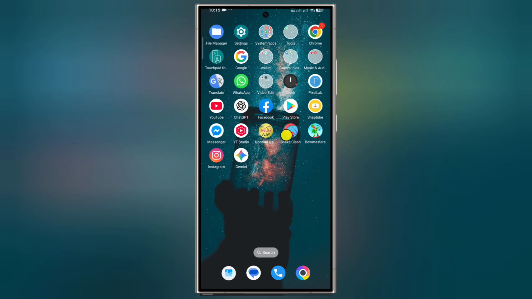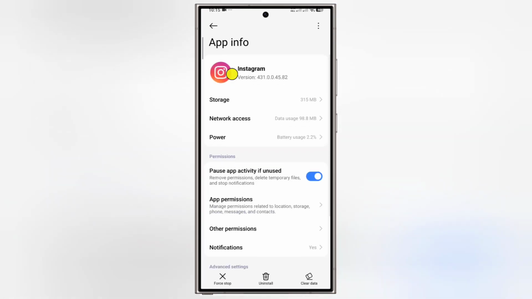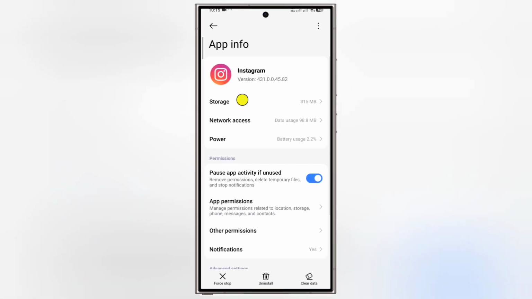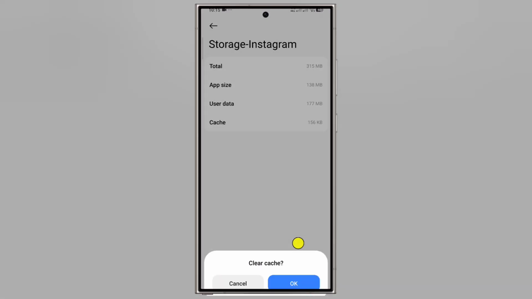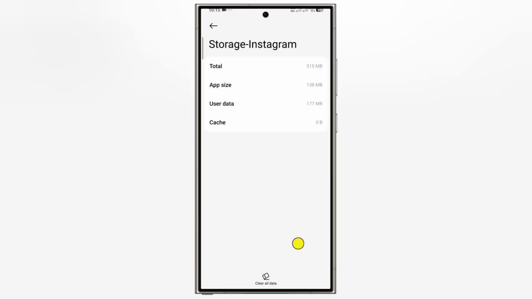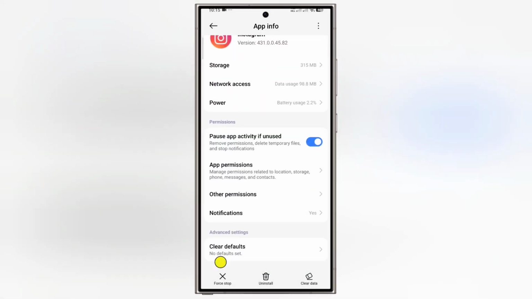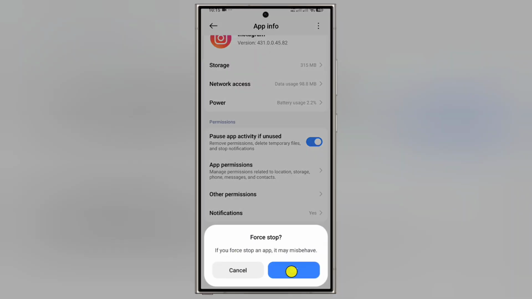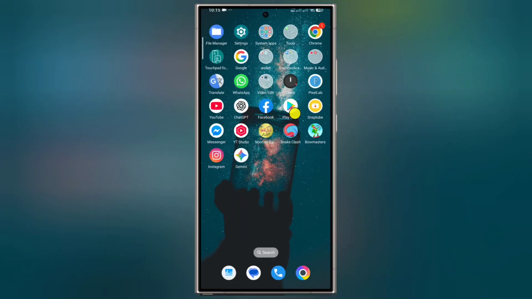Now find the Instagram app, tap and hold, tap on the I button or app info. Now tap on storage, tap on clear data, tap on clear cache, OK to confirm, go back and tap on force stop, OK to confirm, go back to the previous page and go to Play Store,